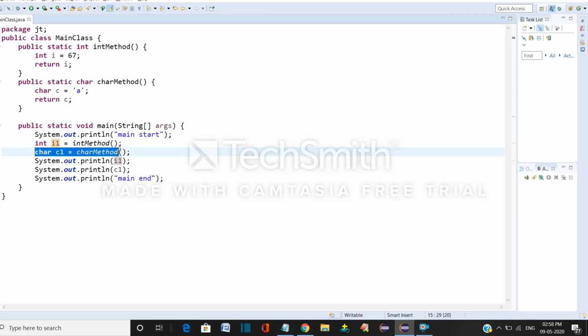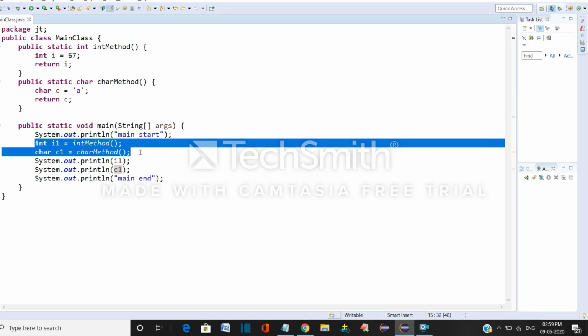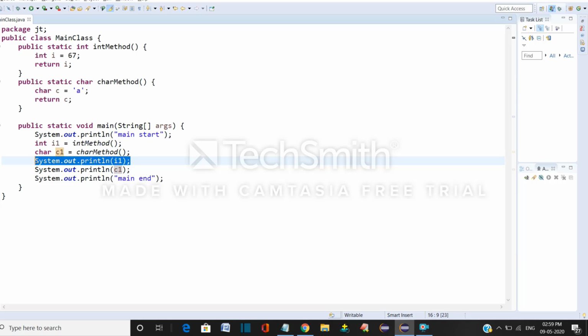It will read. Oh, again here it got a method called the character method. It will search for the character method. No, it isn't found here. Okay, here it's called the character method. Now it will come inside this method. Oh, someone stored 'A' inside c, and returned the c value to the character method. Now this c value will be here, so you have to store that c value in order to print, and its return type should be specified. Now as you have stored the values, you just print the values.